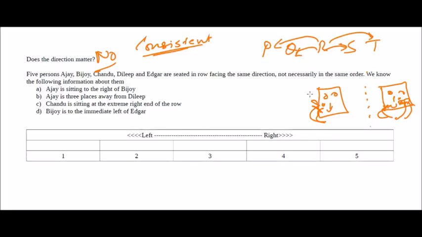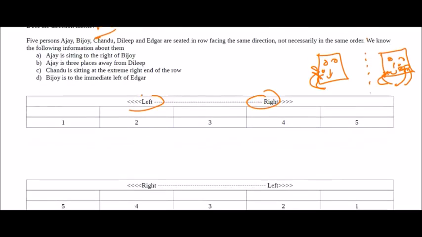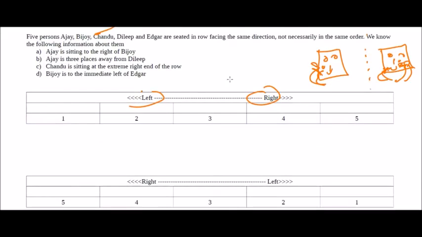Now, to prove it in another way, I will take the same problem. We'll look at two different directions. One is we'll use conventional left as left, conventional right as right. In the second case, we'll reverse the direction. The only thing common between the two is that the leftmost position is 1 and the rightmost position is 5. This is just a marker, to make sure that we can identify which is left and which direction is right.